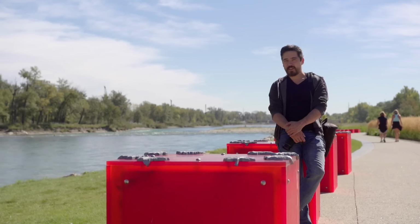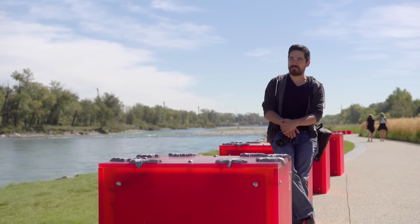Now, another thing that Pentax have done with their sensor, they've added